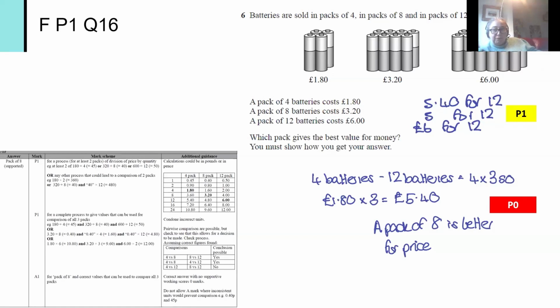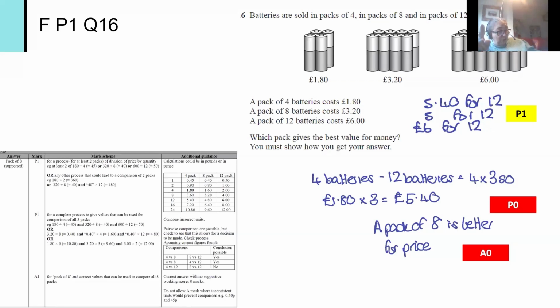So in order to award that final accuracy mark, we need to have all 3. They only get 1 mark for it, because that's where they've shown us £1.80 times 3 is £5.40. That's almost where the first process mark came from rather than at the top. Then